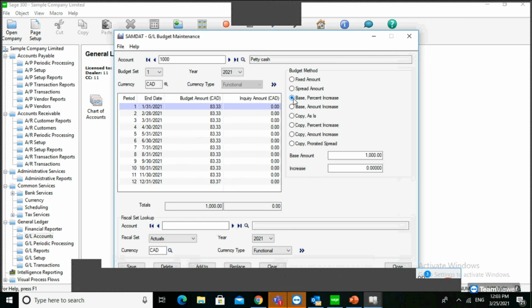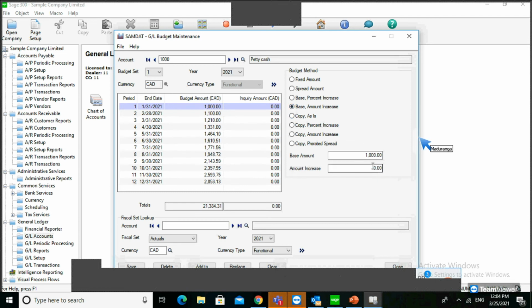That means the first month you have a 100 value, the next month you can increase by 10% of that first month, then you give the percentage and replace it. First month is 1000, then 1000 plus 10%, 1100. Likewise, you can define the percentage here.